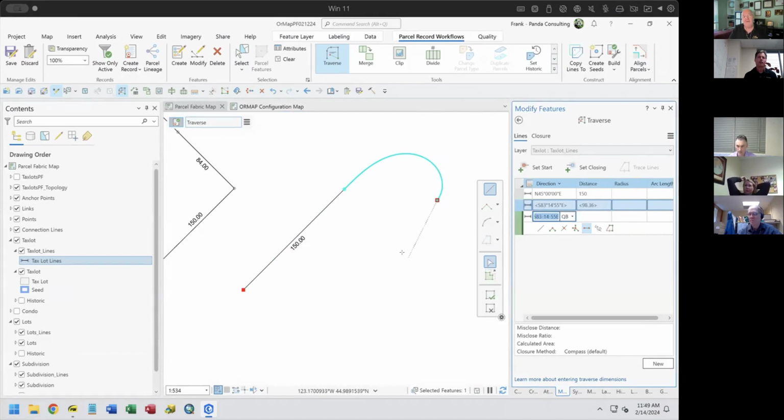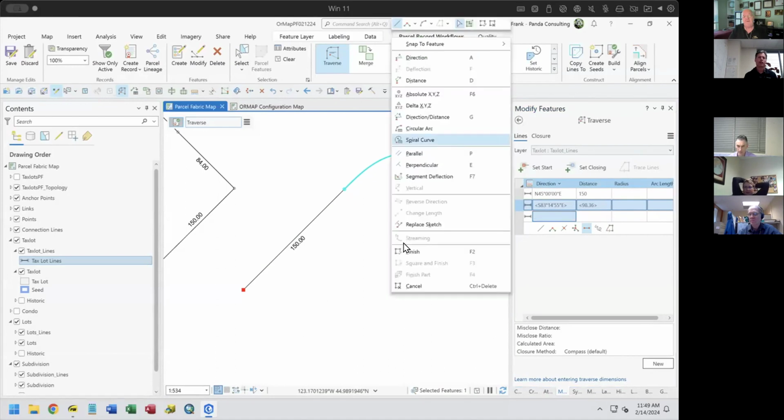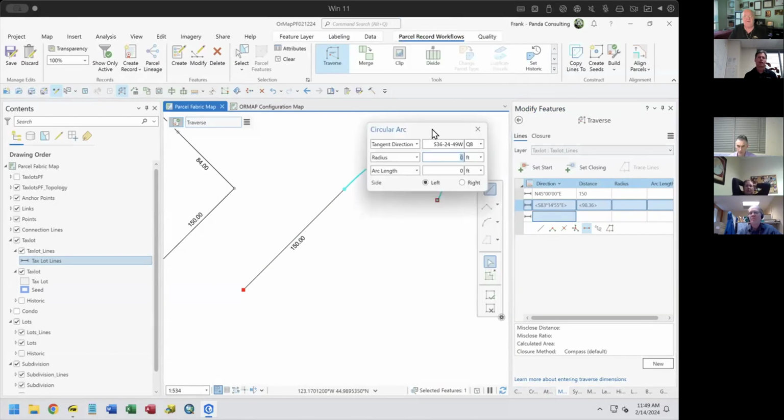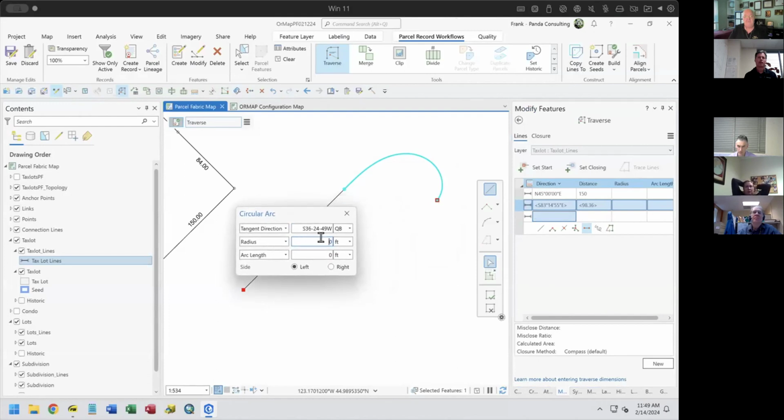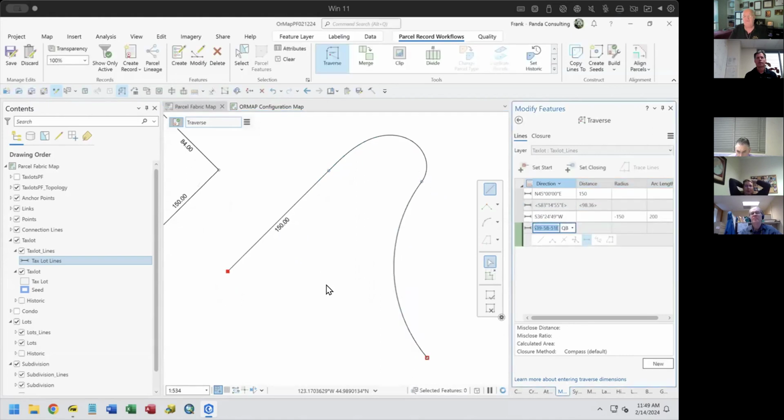on here. Same way if I do a circular curve here, and let's just say 150-foot radius, arc length of 200 feet to here, and I hit enter, watch what happens over in the Traverse. It actually will enter those values for me. All right. So it captures what's happening in the display window and inputs it into my Traverse as if I'm